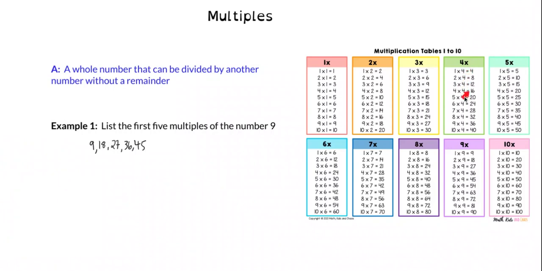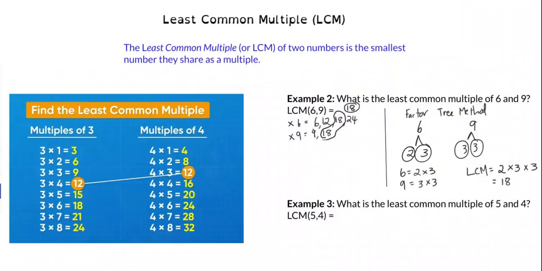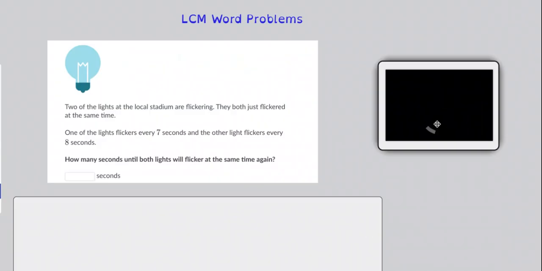So here's my multiples of 4. Here's my multiples of 5. Do you see the first multiple they have in common? If you said 20, you would be right. There it is. Nice job. So the least common multiple in this case is actually just 5 times 4. Sometimes it is the two numbers multiplied together. That is the smallest one. Okay, nice job, everybody. So now let's go ahead and take a look at